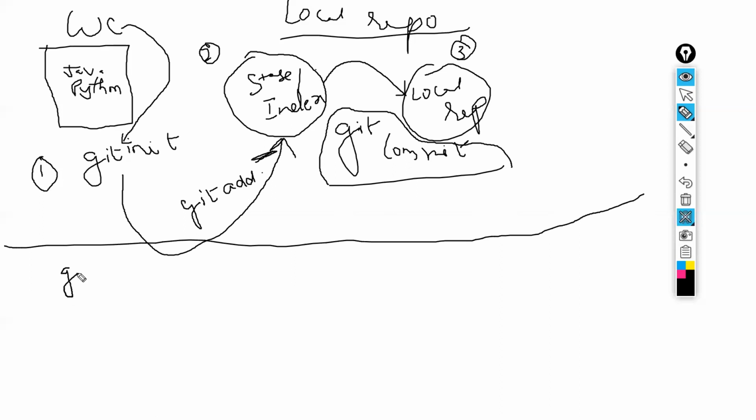We need to push it to remote repository. What do we mean by remote repository? It could be GitHub or Bitbucket or any other centralized repository.